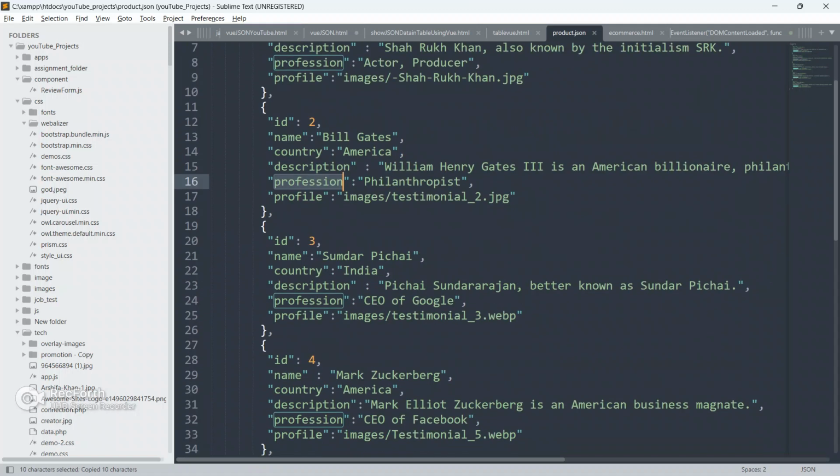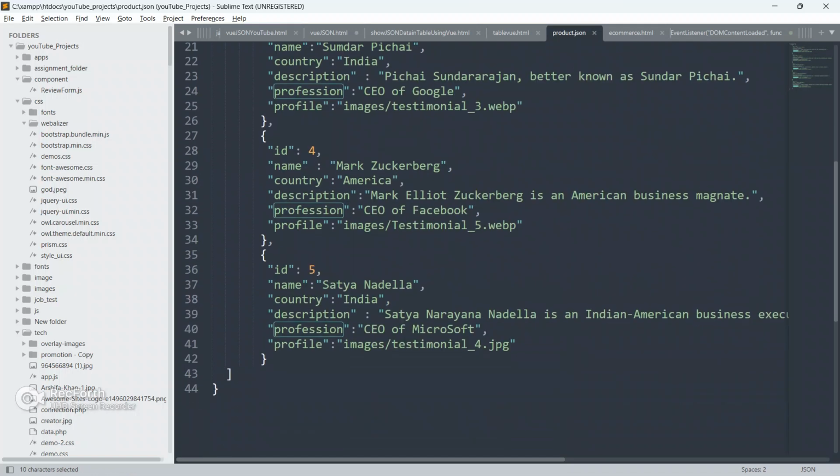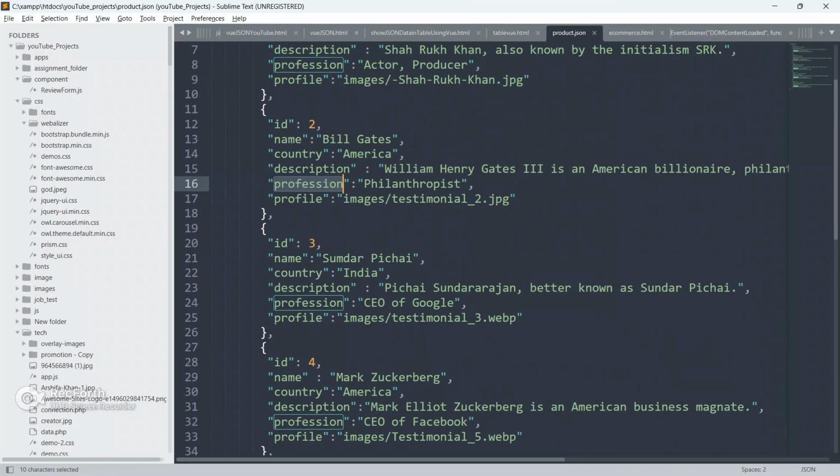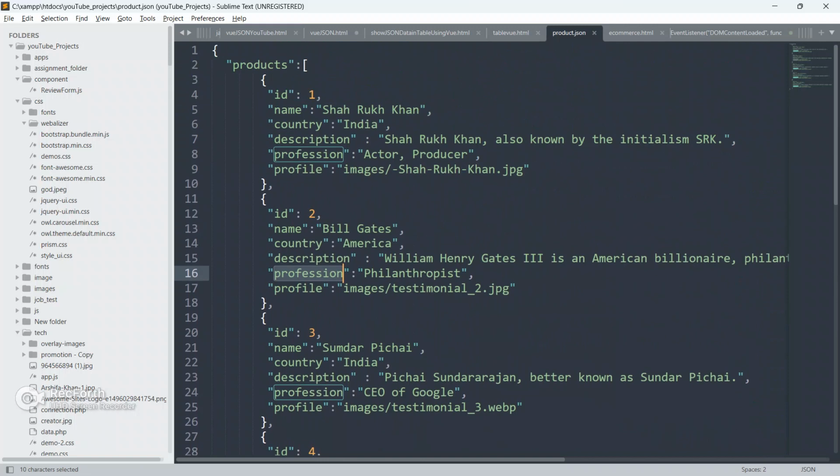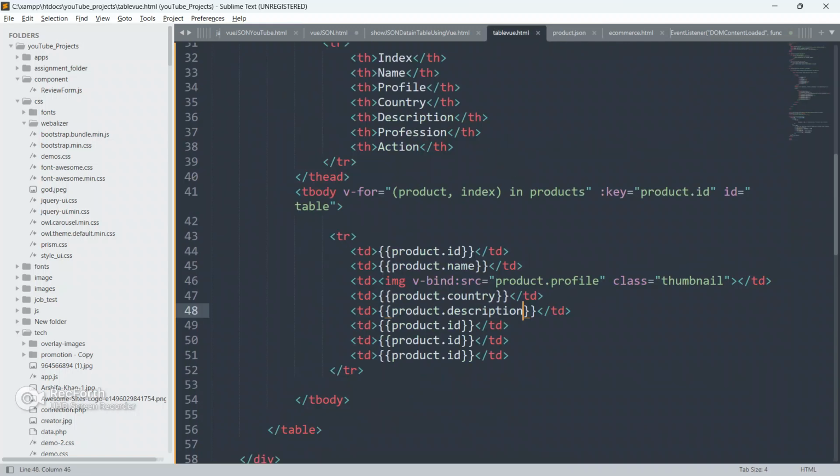Go here and copy this profession from here. It will display all the professions from all the elements the moment you do product dot profession. Remove this and paste it here.